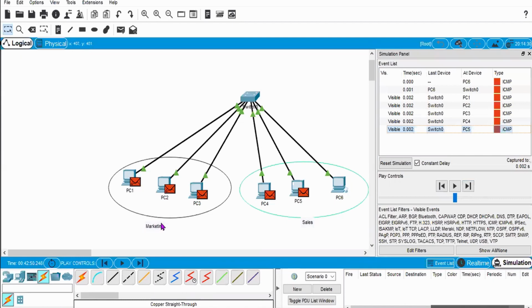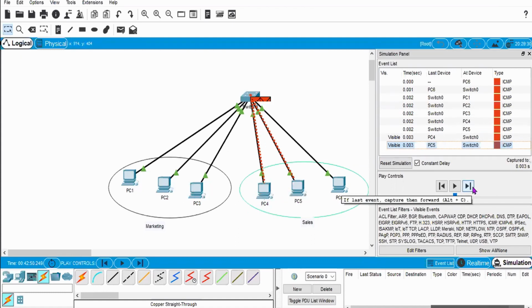They will not reply to that one, because that broadcast is 192.168.10.255. But for the marketing department, your broadcast is 192.168.10.127, not 255. Okay, so that's why they are discarding your echo request. PC1, PC2, and PC3, PC4 and PC5 belonging to that cluster, what they will do is reply to that echo request.